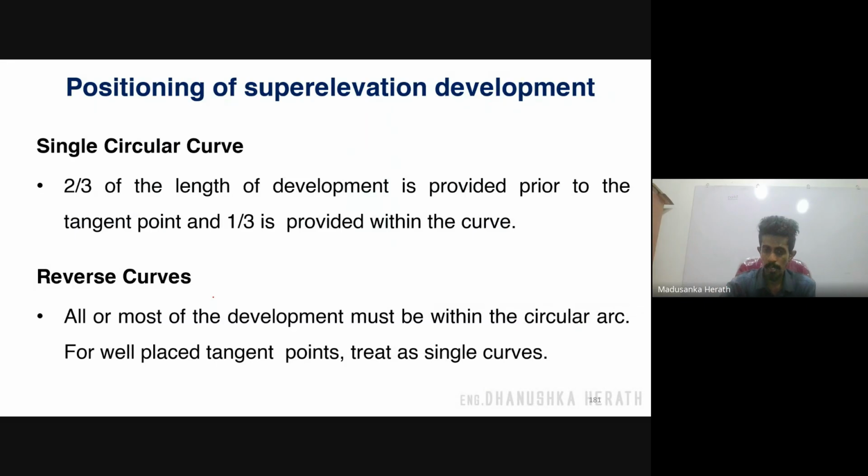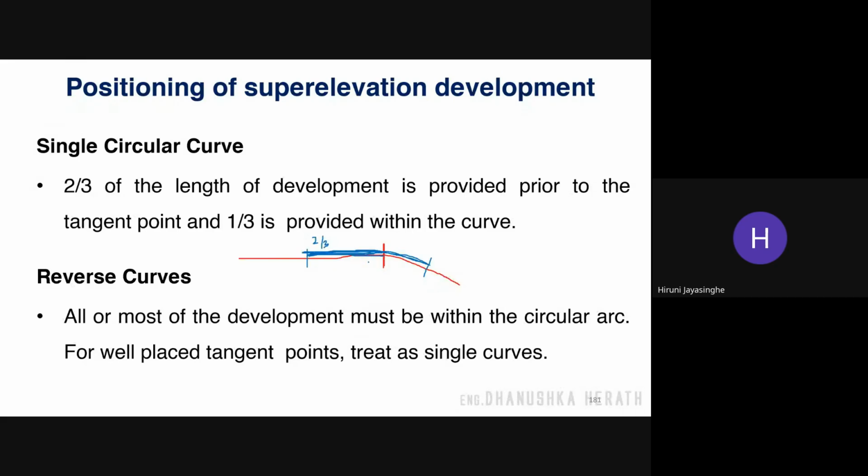in the tangent. Right? That means like this, we have a straight section and a curve section. This is the tangent point, right? So if this is the super elevation development length, we are going to start the pavement rotation here and make it to the full super elevation level here, right? Then we have to keep 2/3 of this length along the tangent part, before the